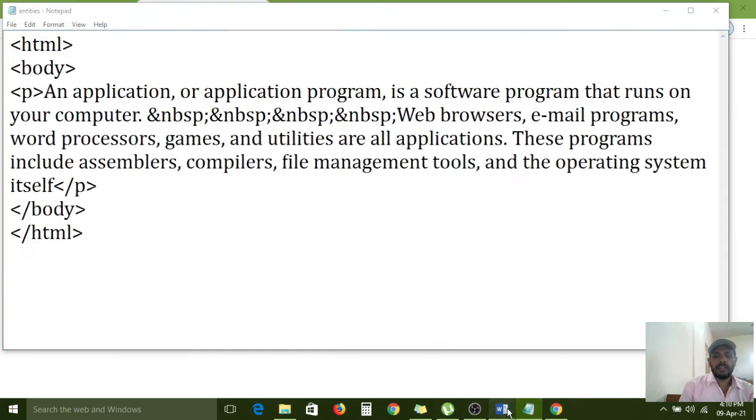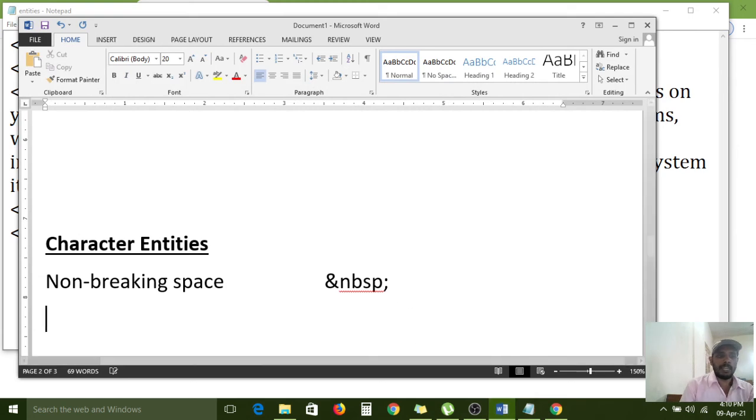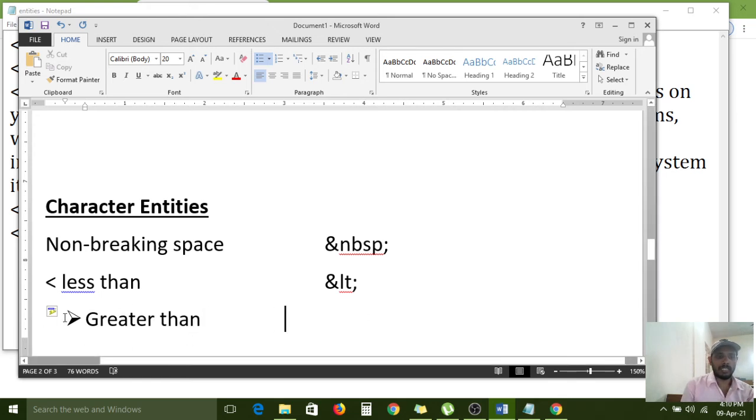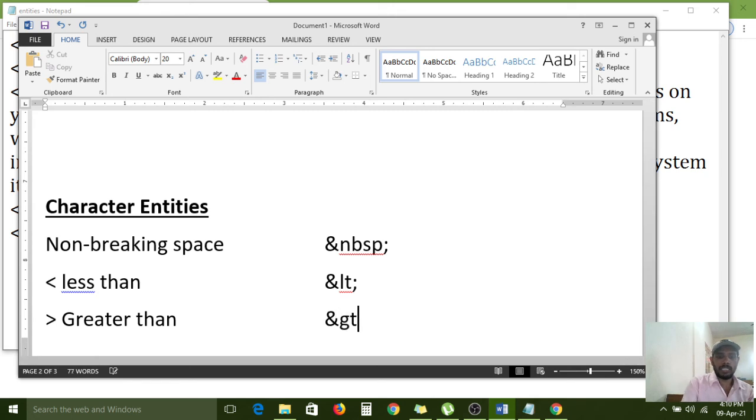Again, how many types do we have? Character entities: for the less than purpose, ampersand LT semicolon. For the greater than purpose, ampersand GT semicolon.